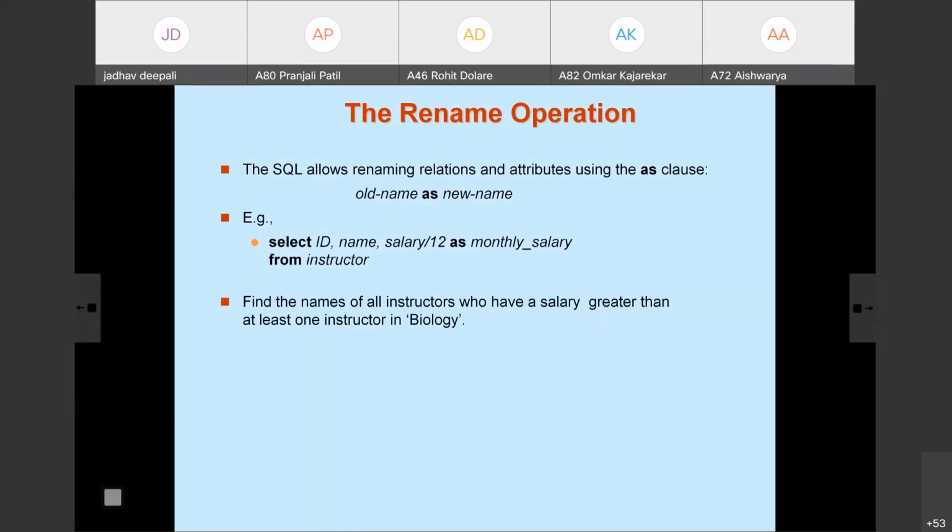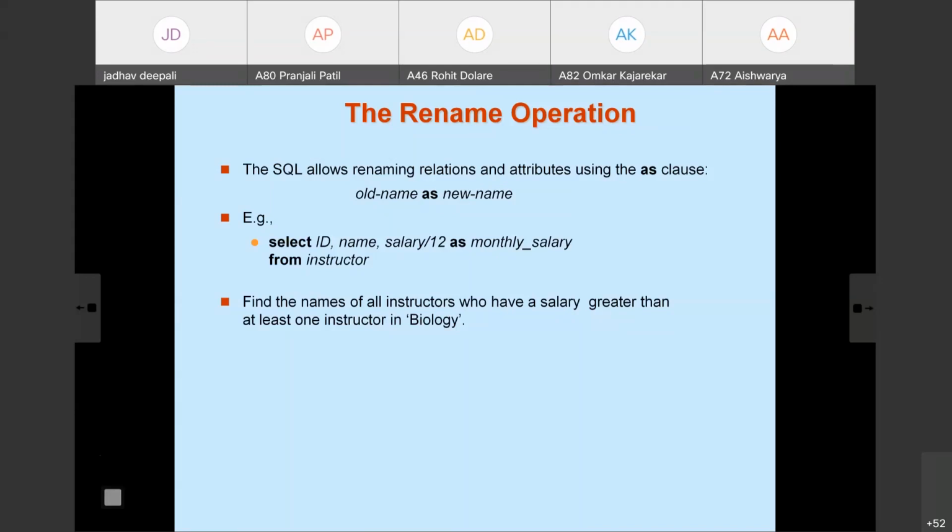We need to compare the salary of all the instructors with the salary of biology department instructors. When we compare the same attribute with each other, it is difficult to identify whether it is from the original relation's salary or the biology department salary. So it creates confusion when we compare salary with salary.